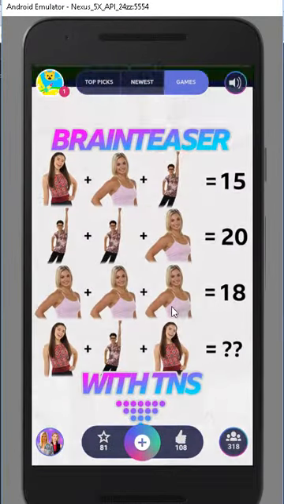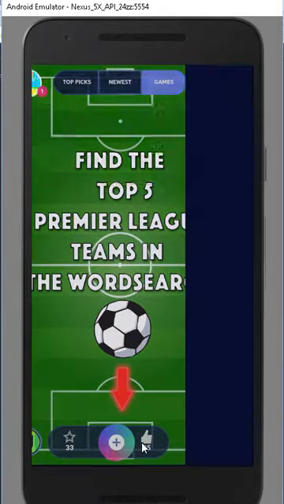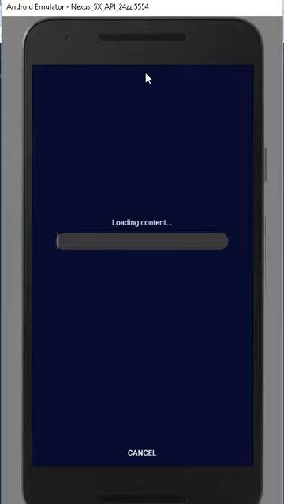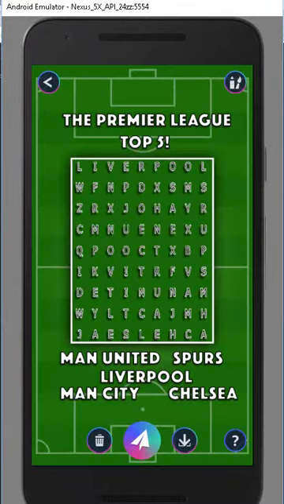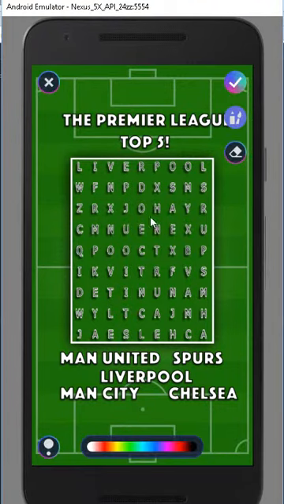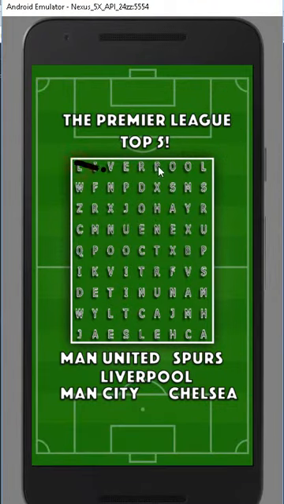Word search, I presume that's another way to use the drawing. They just supply a word search picture and you draw on them, like, oh, there's Liverpool,